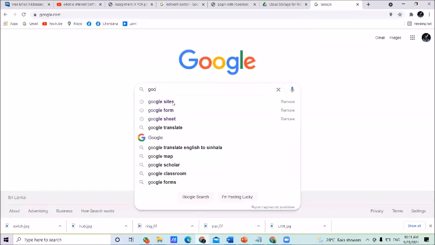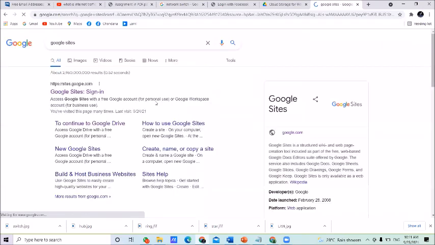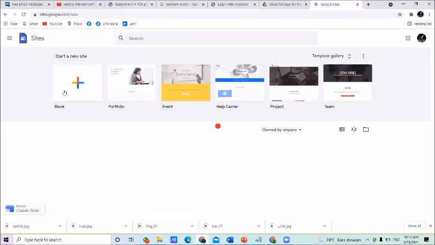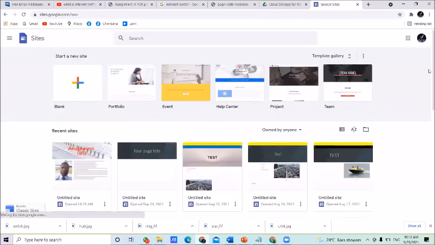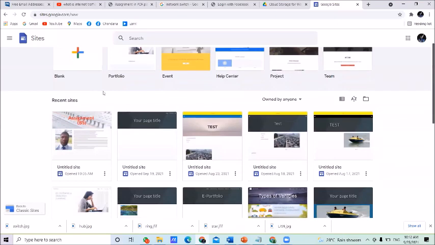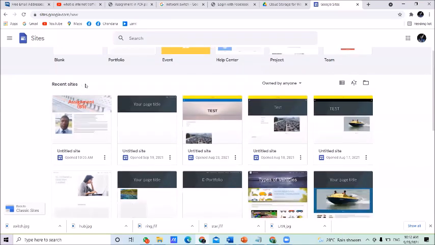Google Sites. Then click on the very first link. Then you get your screen like that. Below, under recent sites, all your files, your e-booklet, will appear. Whatever you created through Google Sites will appear under the recent sites option.